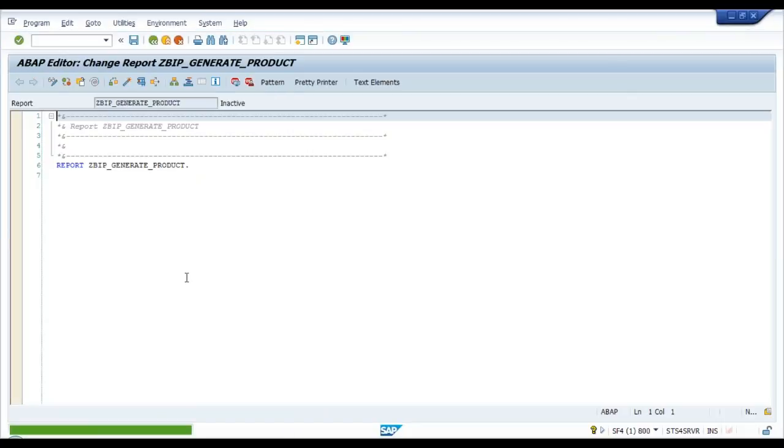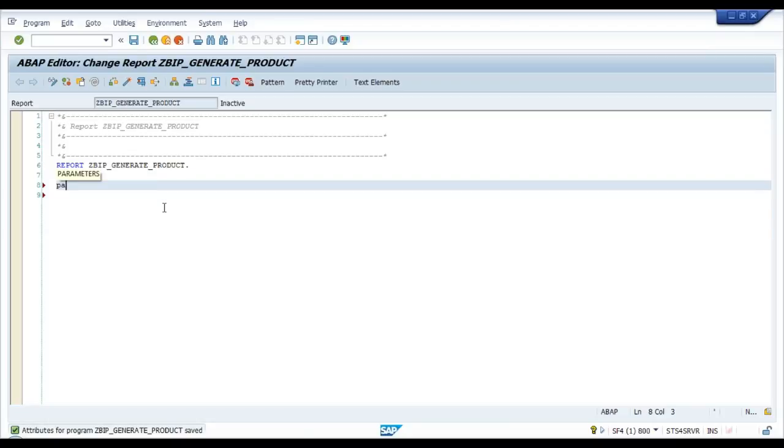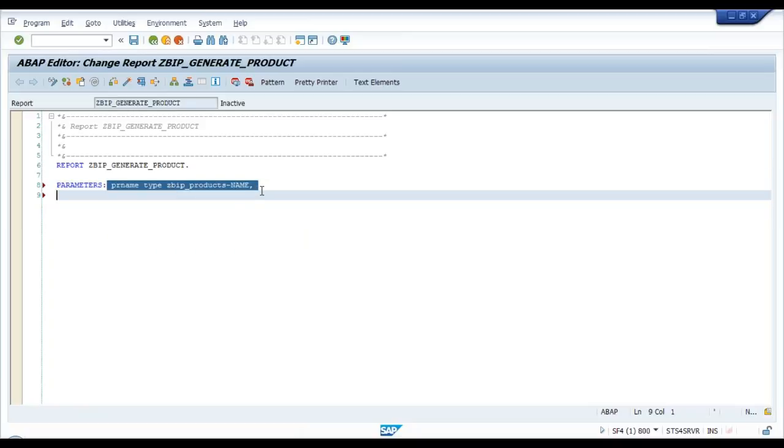And now I am just going to insert the data. So let me create a couple of parameters where I will ask the user to enter the product name, type my database table name, ZBIP underscore products hyphen product name, and then I just copy this line to create